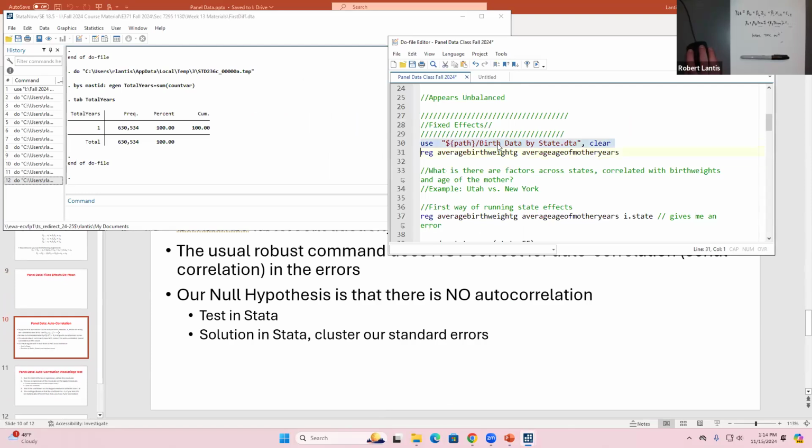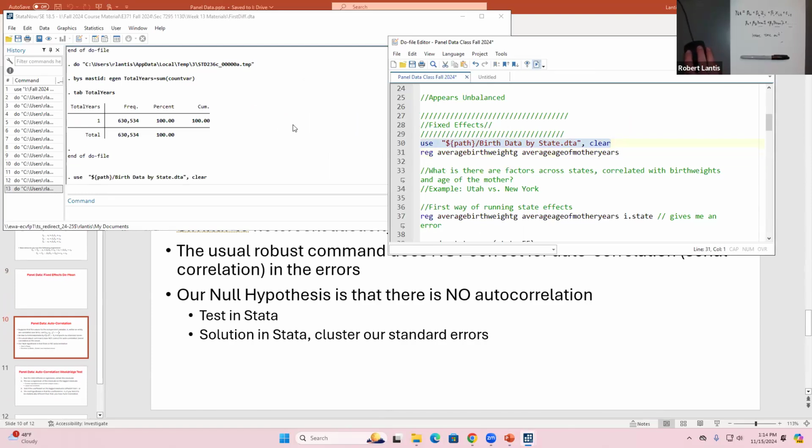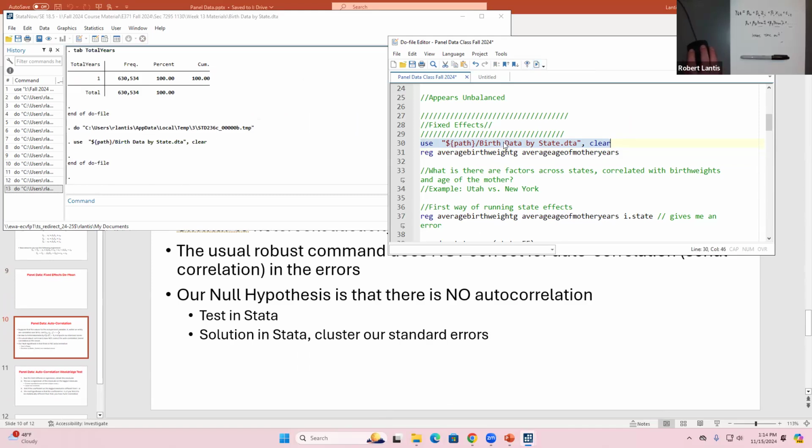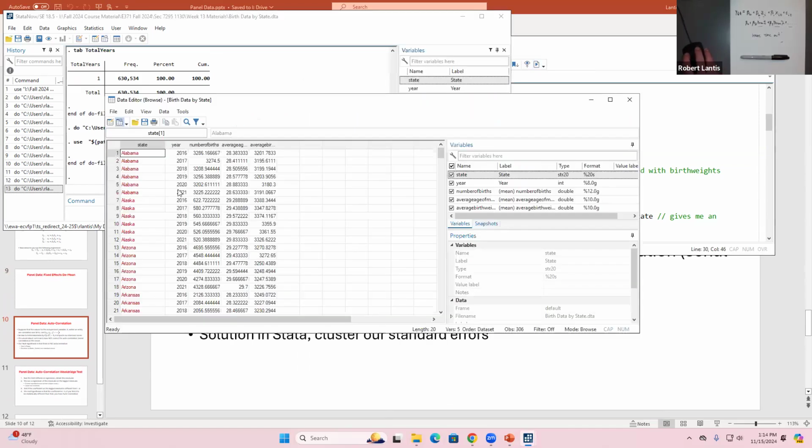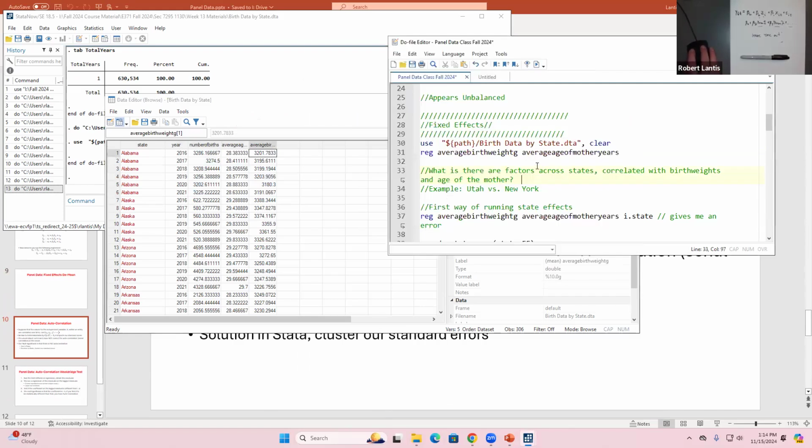So I've now got this birth data by state. I'm going to open that up. So it looks like I've got every single state. Looks like there are 6 different years. I've got the number of births, average age of the mother, and average birth weight. So one thing I could do here real quick